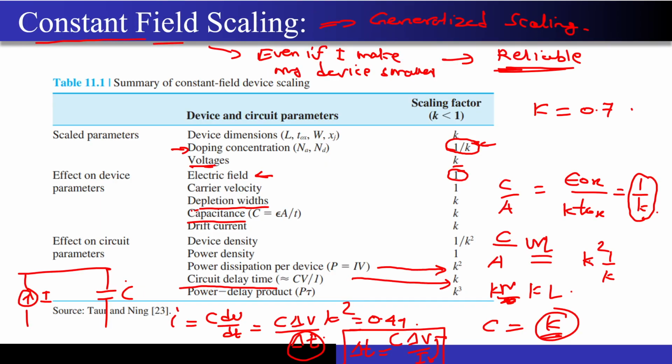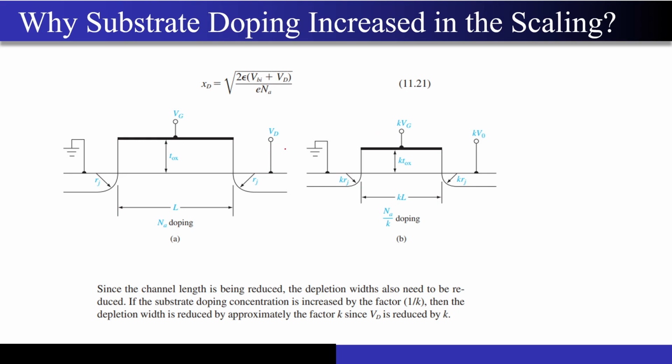Now the thing that I had told you about: why are we increasing the doping concentration? So now what is actually happening? We are continuously reducing the size of the MOSFET, so we are scaling this length dimension over here. Now what will happen at one point? This length that you are seeing over here, the channel length, it will become comparable to the depletion width. The depletion width has not been shown over here. So if I just draw the depletion width around the drain region over here, then this depletion width will start to become comparable with the dimensions of the L.